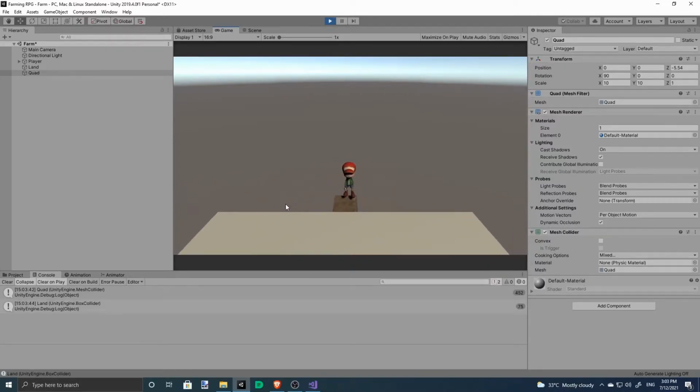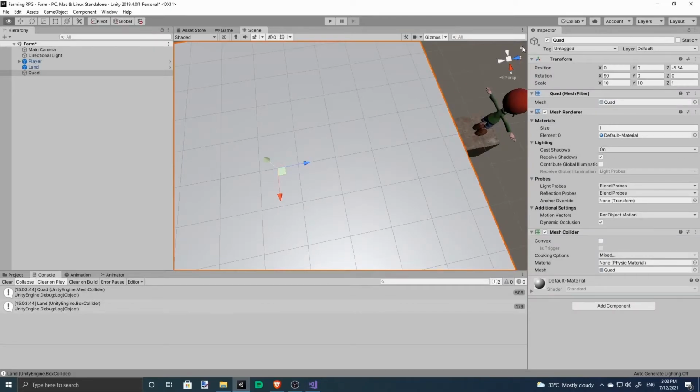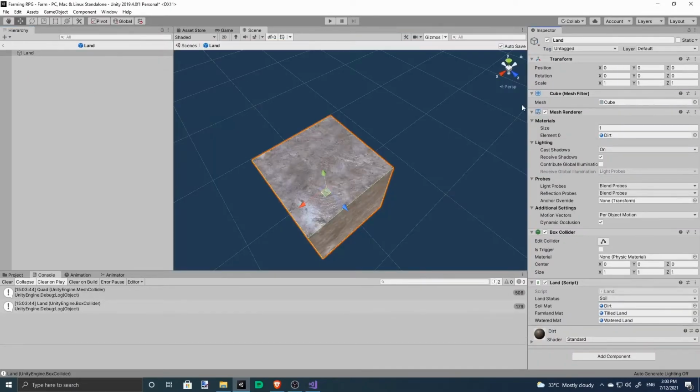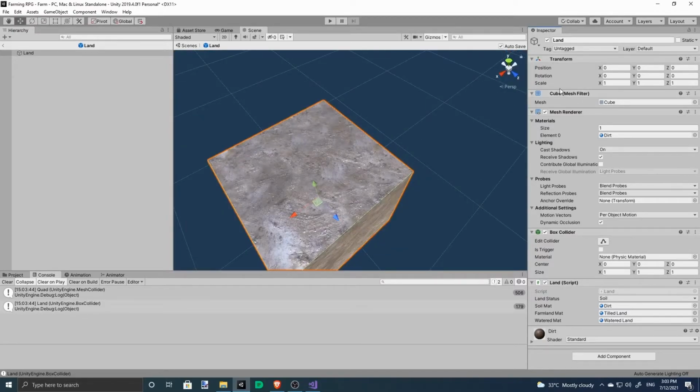So you can tell this is a mesh, this is a box, but it isn't enough because we want to identify this as land.